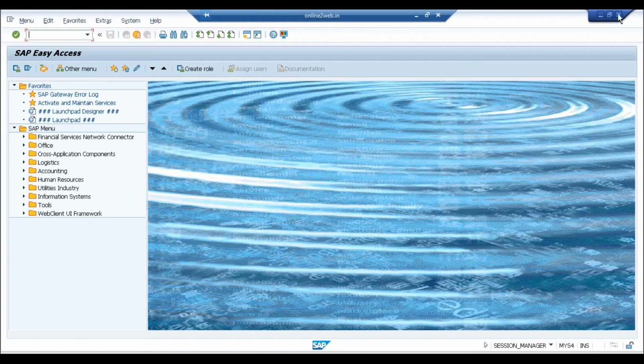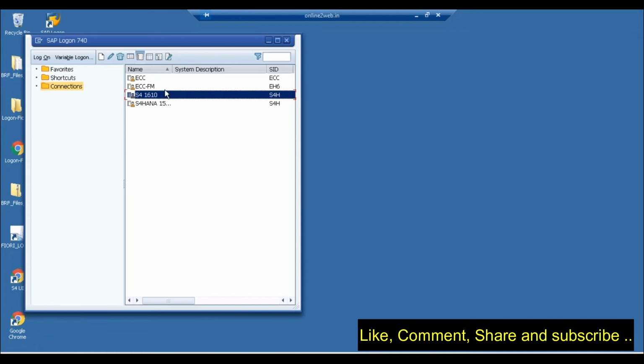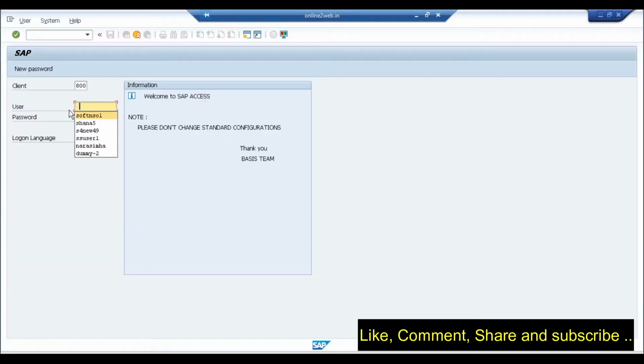This is the SAP S/4HANA server. As you can see, it is very similar to the servers that we were using for ECC. In order to connect to SAP S/4HANA, it is the same screen that you can connect. On top of that, you will also be getting a new screen now, which is the SAP Fiori screen, which will allow you to do your transactions in a simpler way.